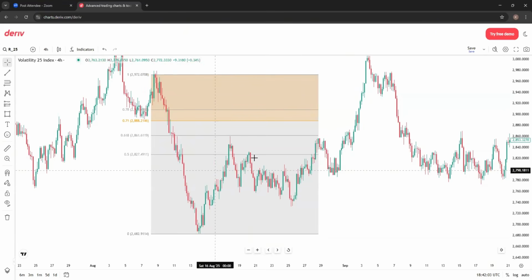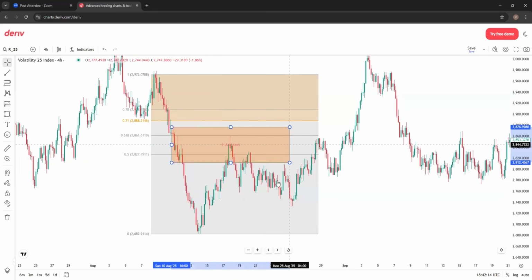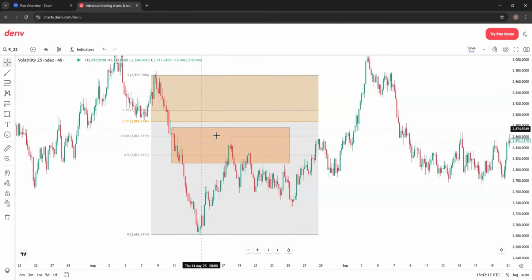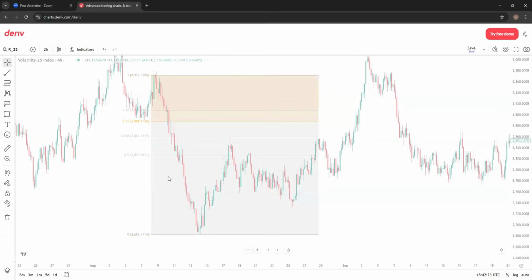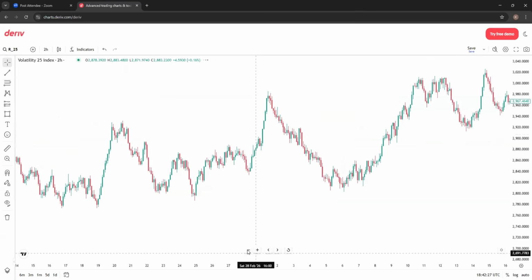Now this whole area, from this point up to this point, is a supply zone, meaning price is to come into this supply, fill it and fall. But at the same time, we would also want to look at our smaller time frame. So now let's go to H2,